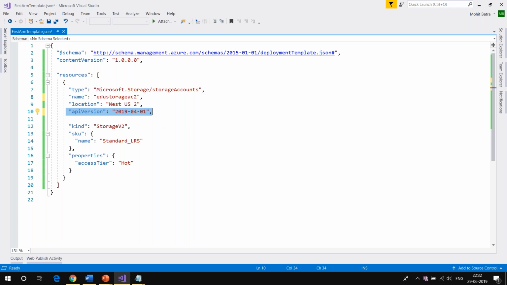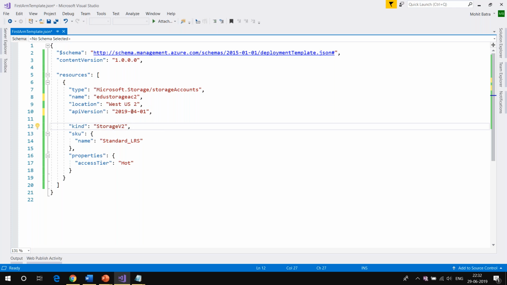Okay, and one person is asking, what about subscription and resource group? Where do you mention those? Great point. That is what I was expecting. We have not specified the subscription and the resource group. Good catch, because you cannot specify the resource group and the subscription in the ARM template.